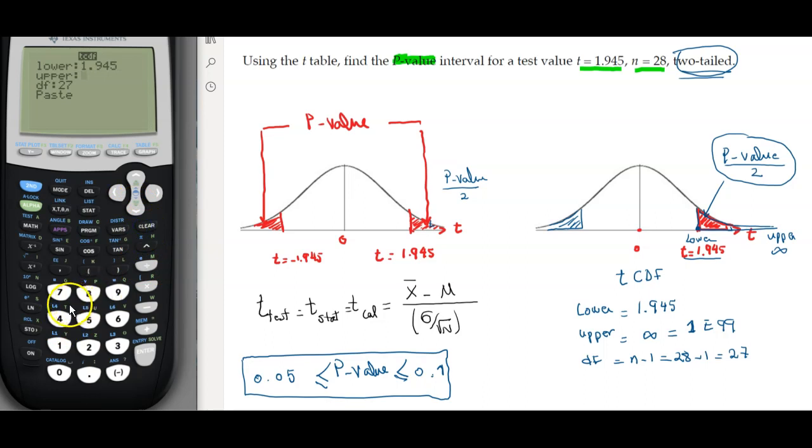This value here, you're going to type it as 1, and then the e exponent, you see here the double e on top of the comma, right? You're going to do second, and that's how you get the exponent, and just put 99 there. So degree of freedom is 27, and then you scroll down, you paste, enter, and you're going to get the value there. So the value that I have is going to be p-value divided by 2, only the half. It's going to be